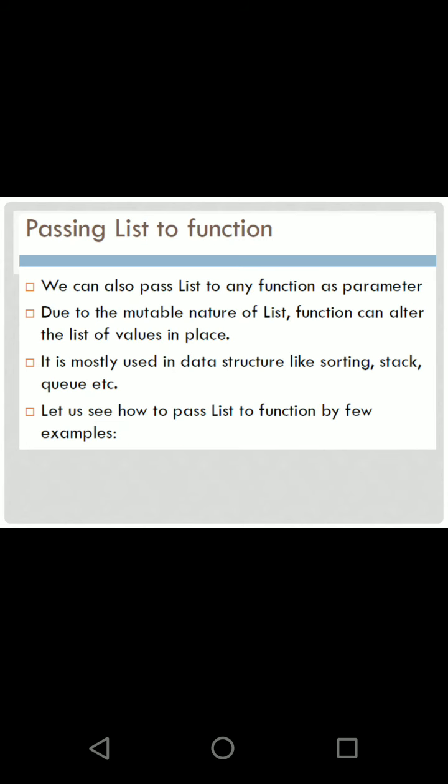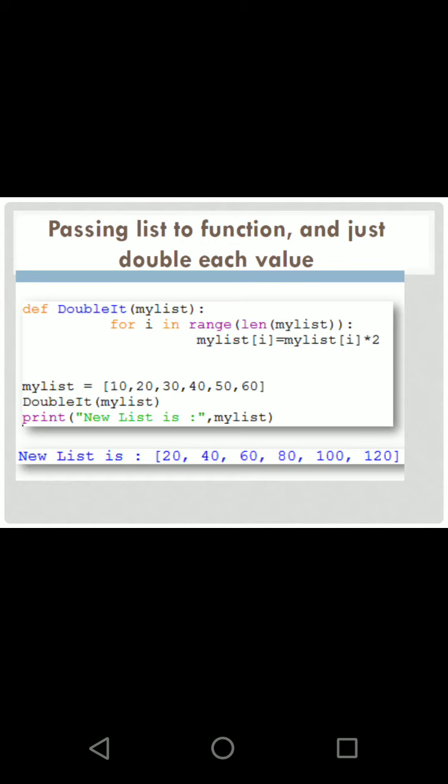Now we saw how a string is being passed. Similarly, we have learned what is a list. We are passing a list also to a function. And you know that unlike string, list is a mutable type. What's the meaning of mutable? It can be changed in place. So we are passing the list, and that list itself can be changed inside the function. So we can see how it is done.